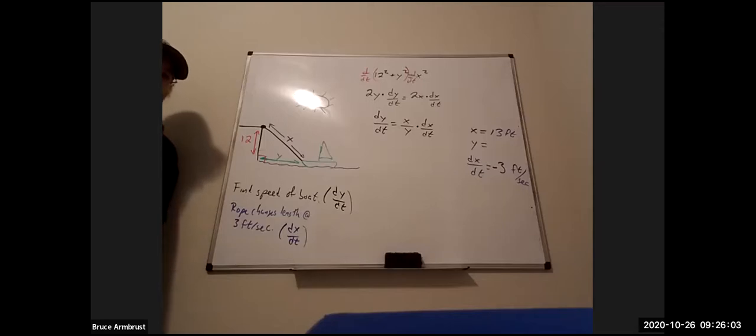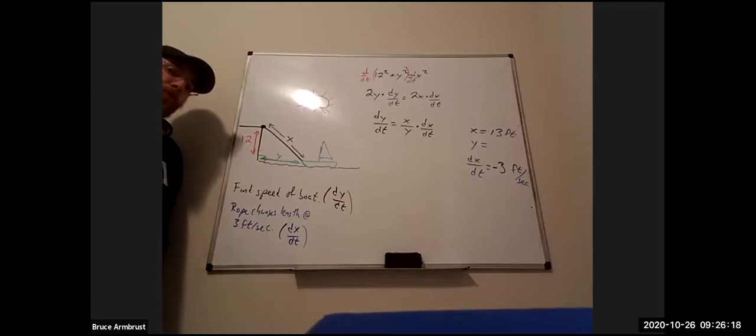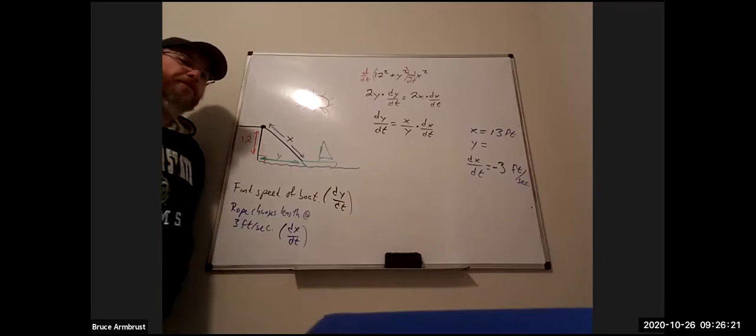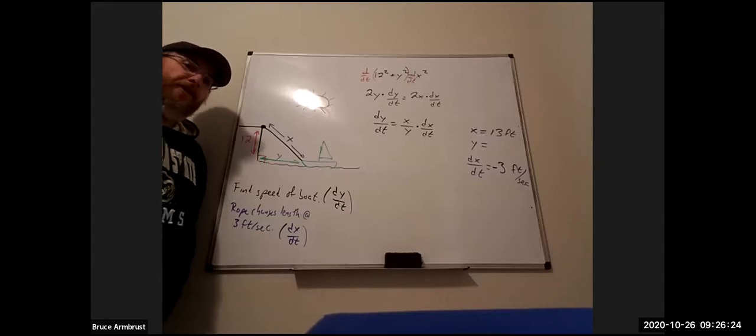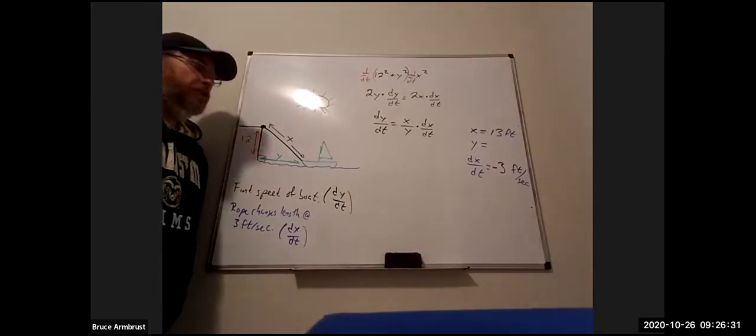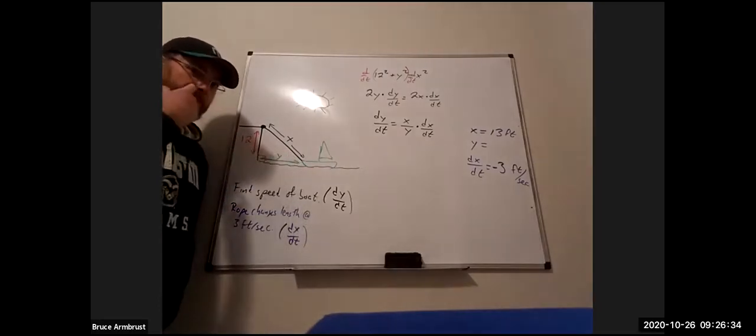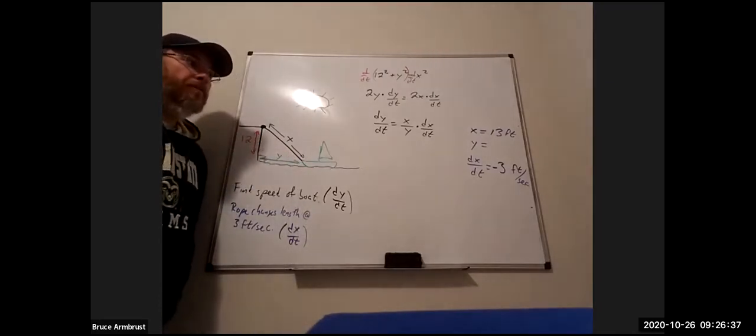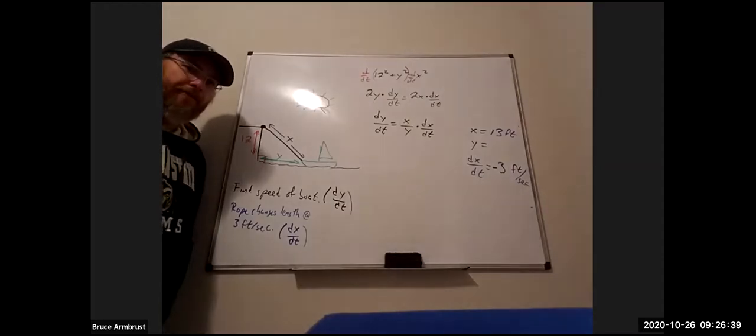Why the negative? Because it's getting shorter? Good. It's exactly right, because it's getting shorter. With derivatives, remember how derivatives work in terms of their signs. A positive derivative means that our quantity is getting bigger. A negative derivative means it's getting smaller. So since we're pulling it in, since the rope length is getting shorter, that's why that derivative is -3 feet